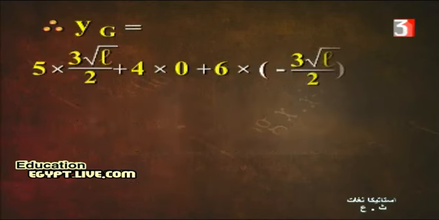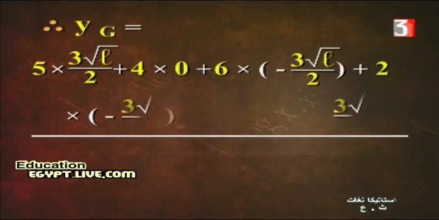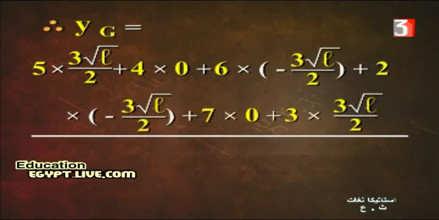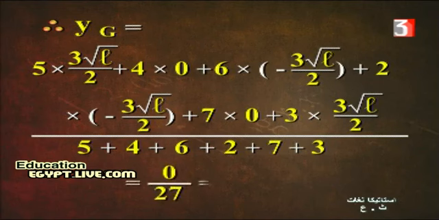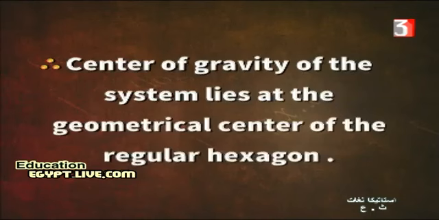By the same method, to calculate YG: M1 Y1 plus M2 Y2 plus M3 Y3 up to M6 Y6, over M1 plus M2 plus M3 plus M4 plus M5 plus M6. The answer is 0. Then we deduce the center of gravity of the system lies at the geometrical center of the regular